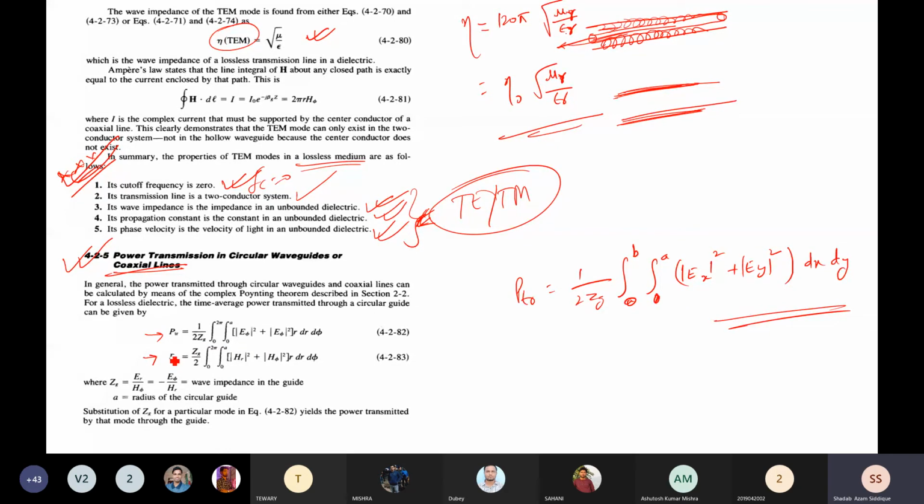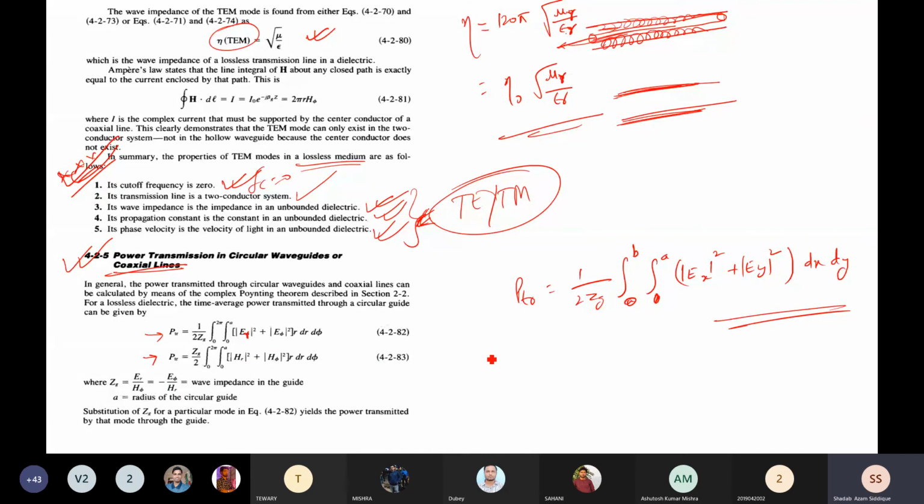Zc will be different for transverse electric and transverse magnetic. So this is the transverse power transmission, which is written as E phi square, r dr d phi, and this is the Hr, H phi. One minute, it is written wrong. One should be Er and one should be E phi. So Er square, E phi square, r dr d phi will be there. So this is the power transmission written for TE and TM mode. Now Zc you can write as Er by H phi and minus E phi by Hr, the wave impedance.